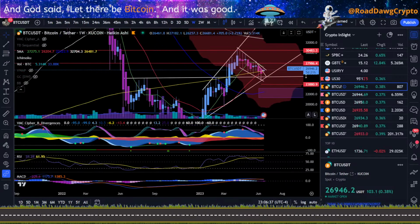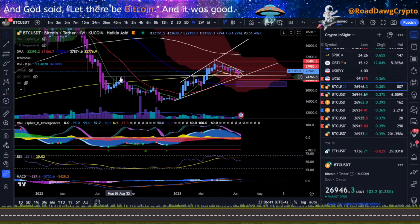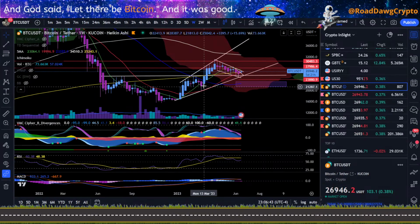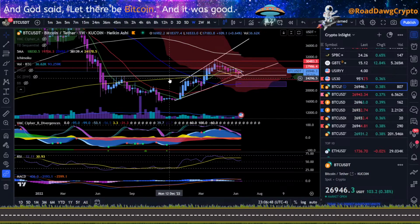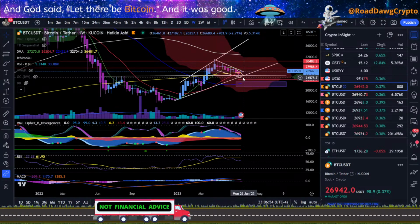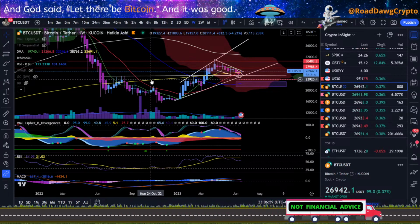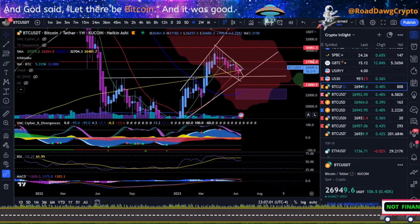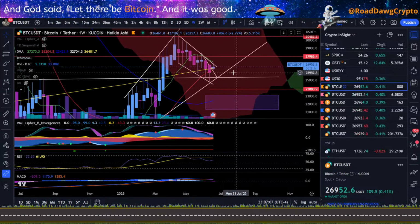Let's just zoom out. So I mentioned a head and shoulders while I had you guys lost behind the on air sign. And that's the pattern that I see that we are retesting, and I've got this drawn out with a white line there, but that number also comes down to this area about right at 24,000. So there's still room for us to test further to the downside,